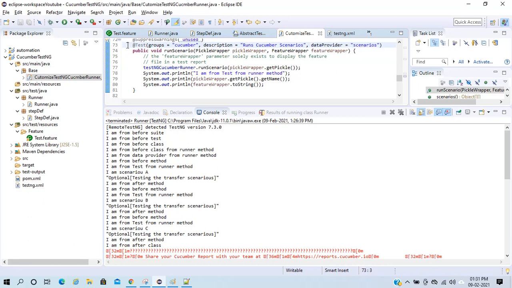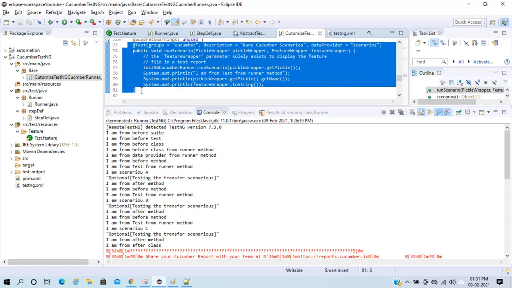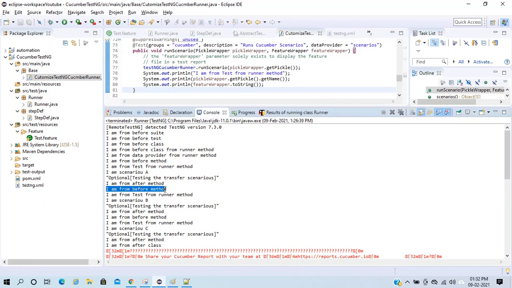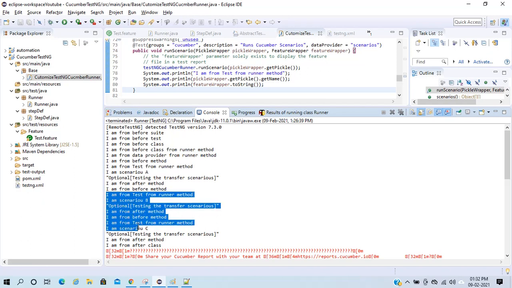So this will execute 3 times. Before executing this method, my call will again go to my before method. Same for after method. I am from after method will execute, and before executing the new scenario, the call will again go to my before method. Then the same thing will happen.